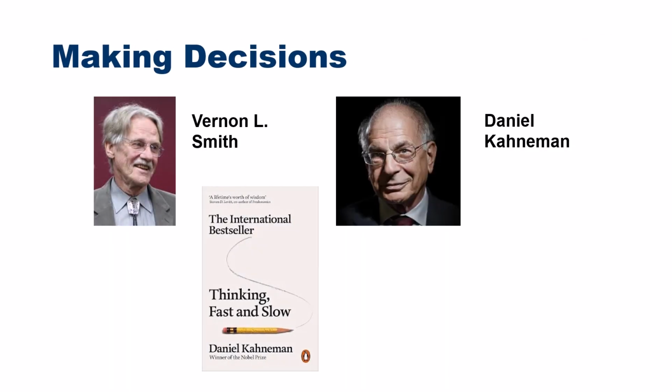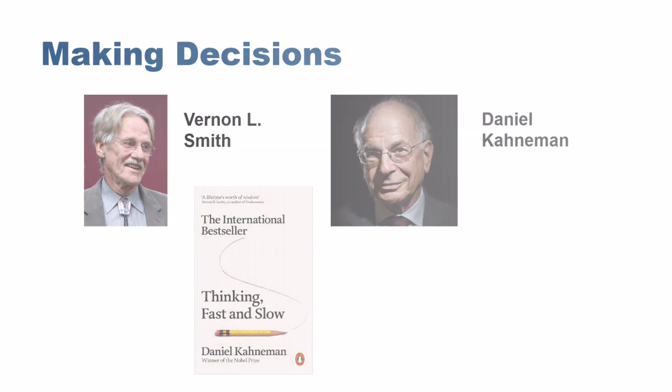It still left the question about how do teachers make those decisions. I recently came across this work by Simon and Kahneman. They actually got a Nobel Prize for this. In his book, Thinking, Fast and Slow, Kahneman gives an example of a fire chief who attends a fire. Now, it's a complicated process. There's a whole bunch of procedures that they should consider, but he doesn't do that. He quickly assesses the situation and makes a decision about what to do.